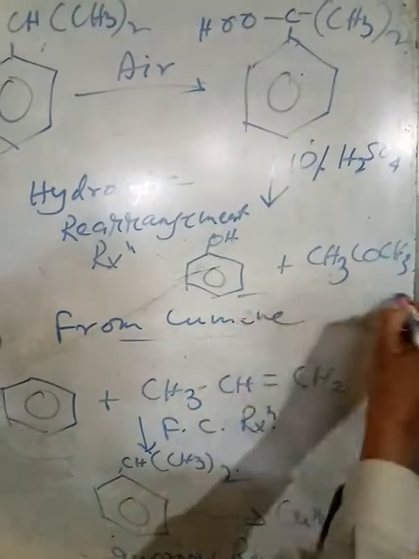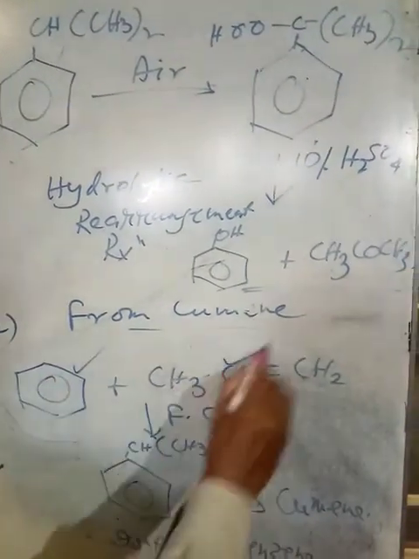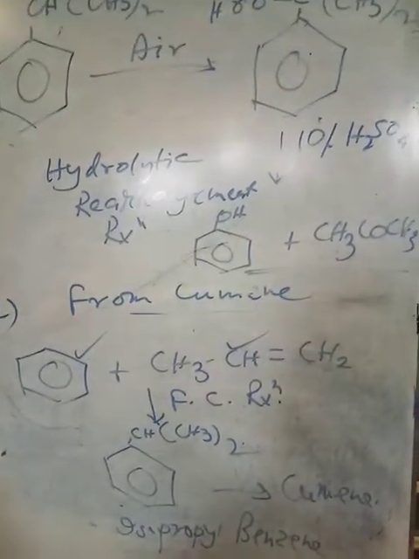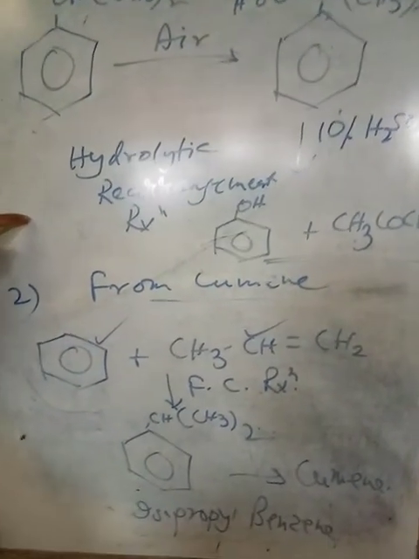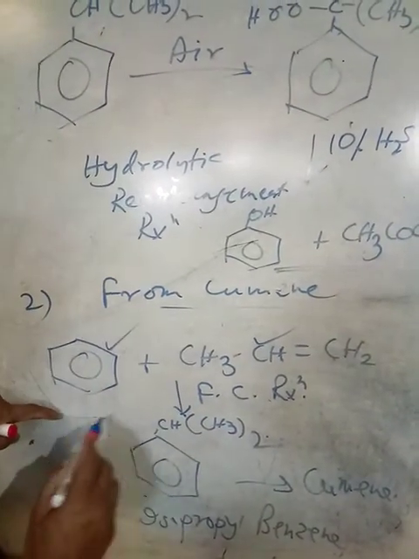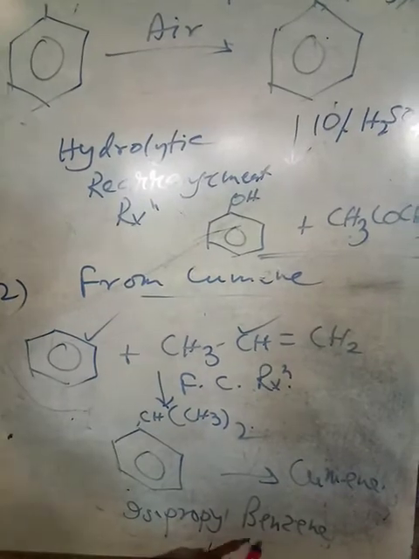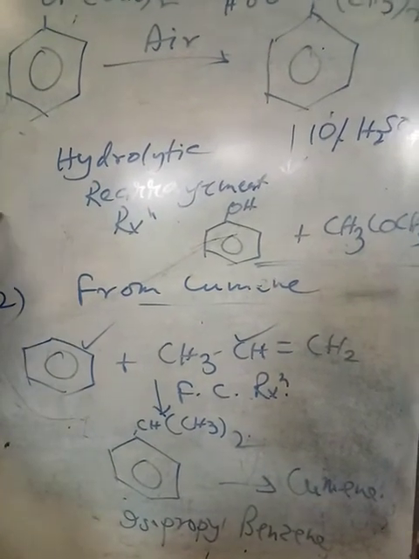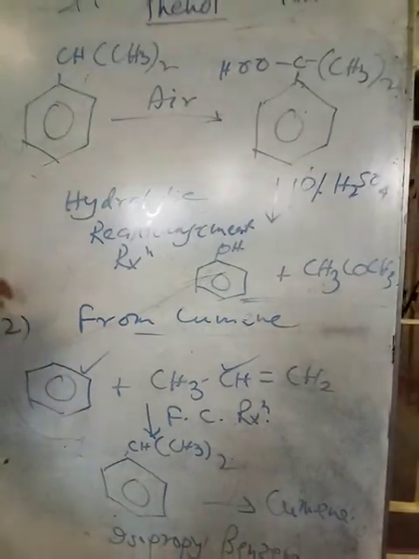These two are very important compounds and are obtained from very low cost raw materials. So this is the most important method, and all types of phenols are nowadays prepared from cumene as it is easier and also of less cost. These are the laboratory and industrial preparations of phenol. Next day, chemical properties of phenols will be discussed.